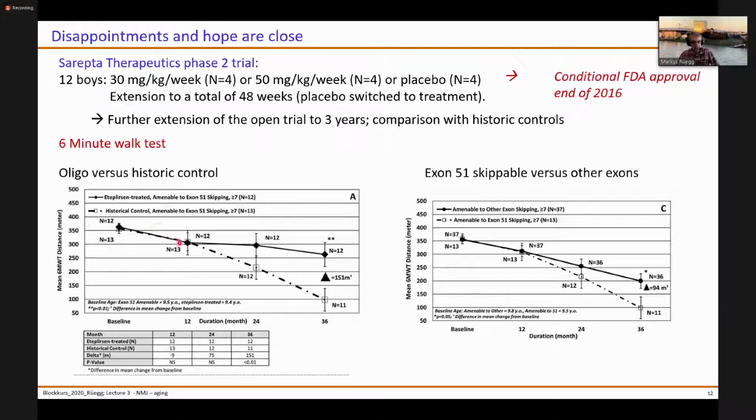And in contrast, these 12 treated boys here, they kept the distance, was still over 250 meters, and this delta of 151 meters here is really significant, highly significant, as you can compare here with the historical control. The trouble with this is that this historical control is, of course, one does not know how well this is and how reproducible this is, and the numbers are still pretty low. The other trouble is that this historical control here is really only boys that are amenable to exon 51 skipping,